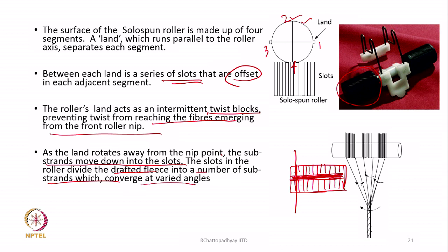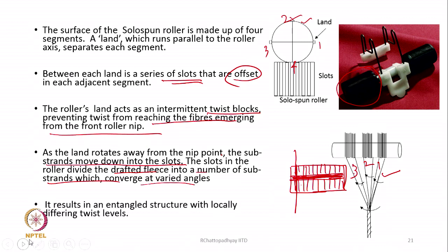and then these strands which are divided, as is shown here, are divided like 1, 2, 3, it could be 4, 5 also. Now the twist will flow there and they will get twisted, and these divisions 1, 2, 3 may not be exactly the same. It is the same in terms of mass per the number of fibers in each of the substrands 1, 2, 3, 4, 5. So, these are basically what we can write as substrand,